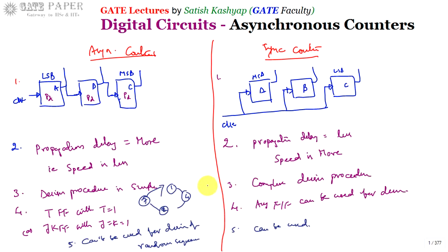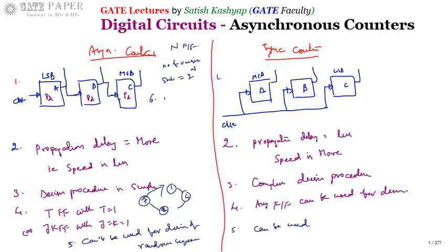Okay, and the last one, sixth one. Generally, if you are going with 3 flip-flops, then you may get different states. If you are using n flip-flops, then the number of unique states you may get is 2 power n. The possible number of unique states with n flip-flops is 2 power n, but most of the times we don't require all the states, we require fewer than that.